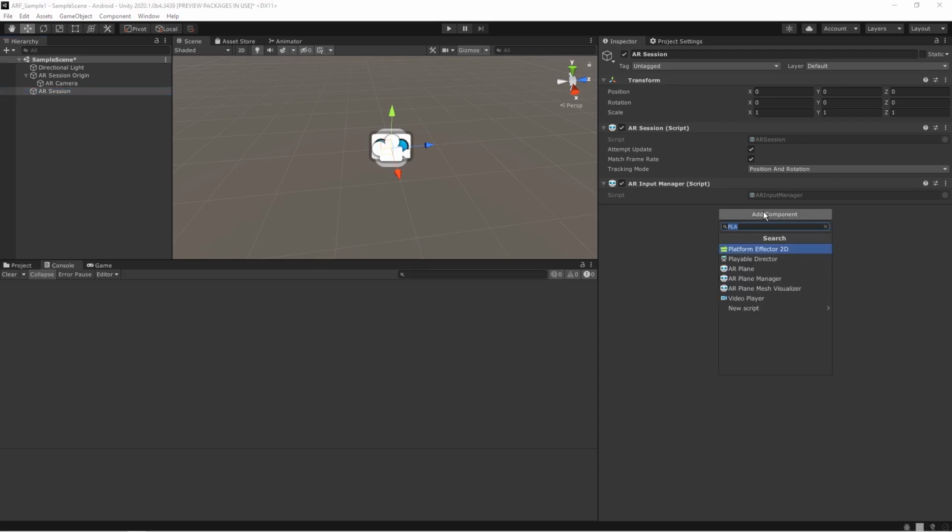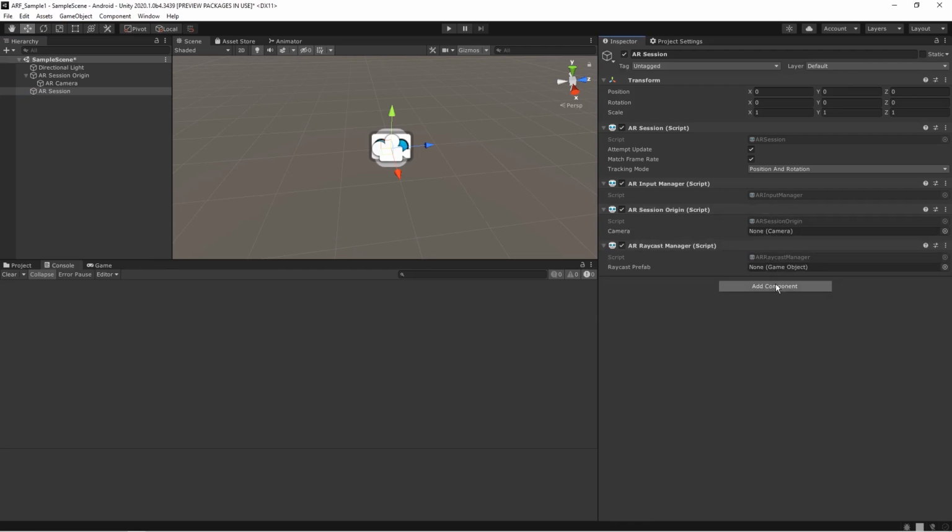We have to add a few scripts here, for example the AR raycast manager, which raycasts, and the AR plane manager, which will be visualizing your planes when you're testing it.